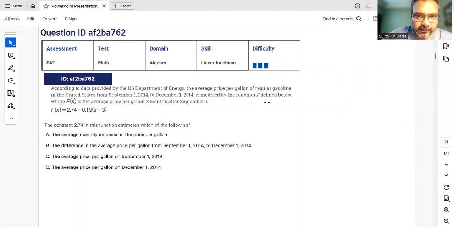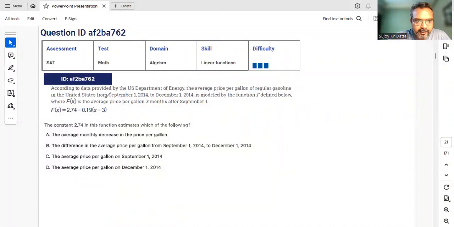Hello guys, so continuing with the last recording that we had, I had discussed the first 20 questions. So now, as you can see, there are like 170 odd questions. So we are looking at the next set of questions now. So let's begin. This one is saying that according to the data provided by the US Department of Energy, etc.,